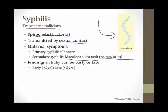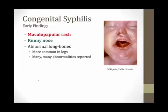And if she's not treated, the infection can be transmitted to the baby in the womb, and the baby can be born with findings that occur either early on before 2 years of age or later in life after 2 years of age. There are a number of symptoms that babies can have in the first 2 years of life if they have developed a congenital infection with syphilis, but the three that I recommend you remember so you can recognize this disorder in a board question are first a maculopapular rash, which as you know is one of the